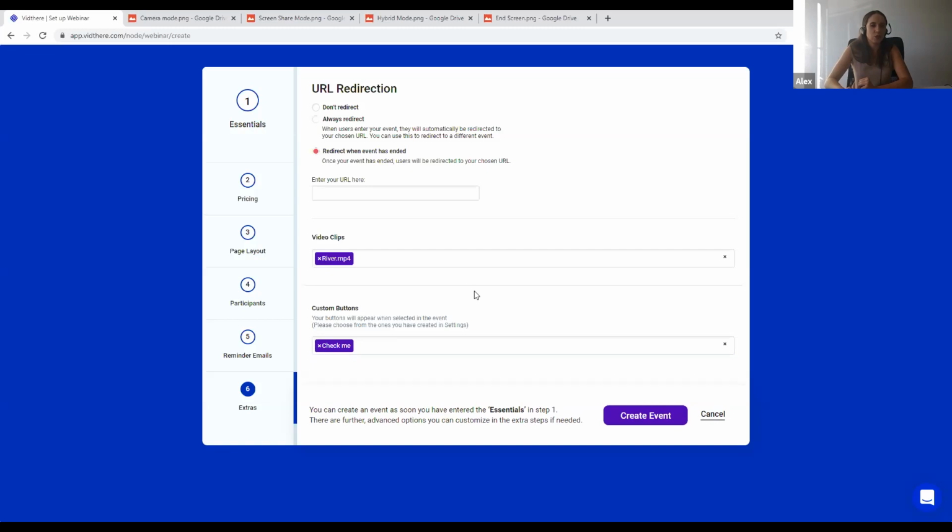So you can choose more than one, of course, video clip or button. Those will appear on your screen once you are in a hybrid mode, which is very famous, as I said. And let me just briefly go into it. It's something that is a combination of a live stream and